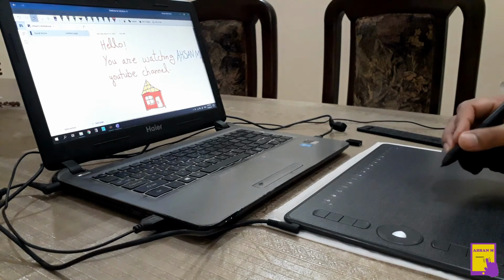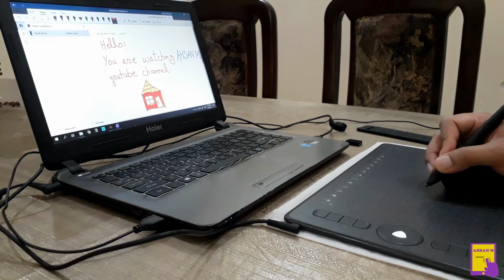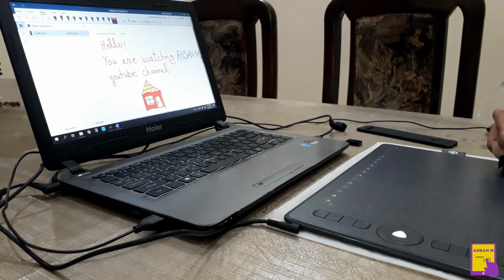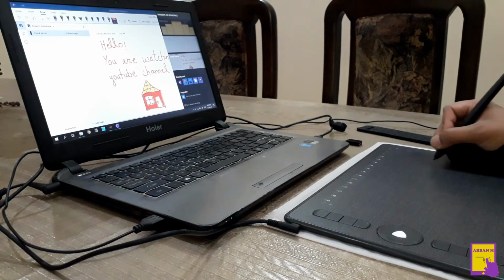For example, I will now open a sticky note. So here is my sticky note. I will create a new one, and here I will write a note.